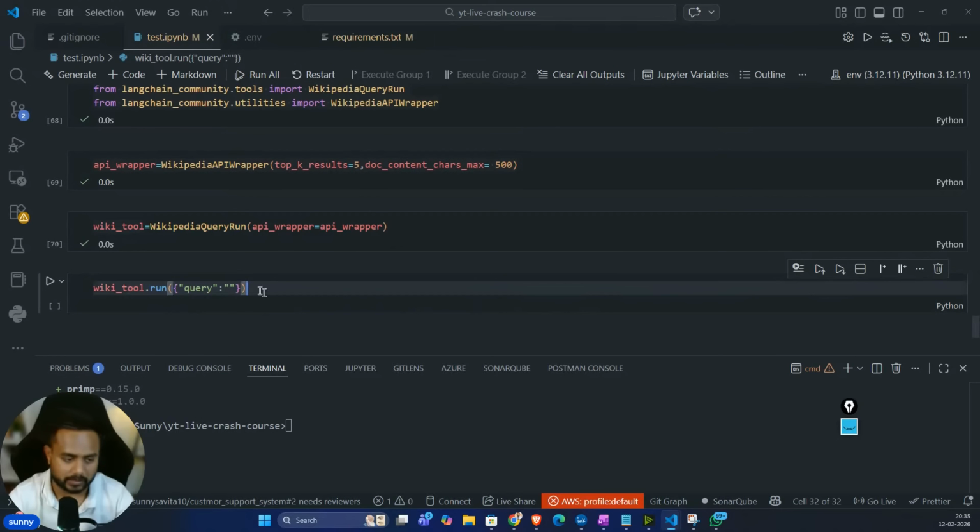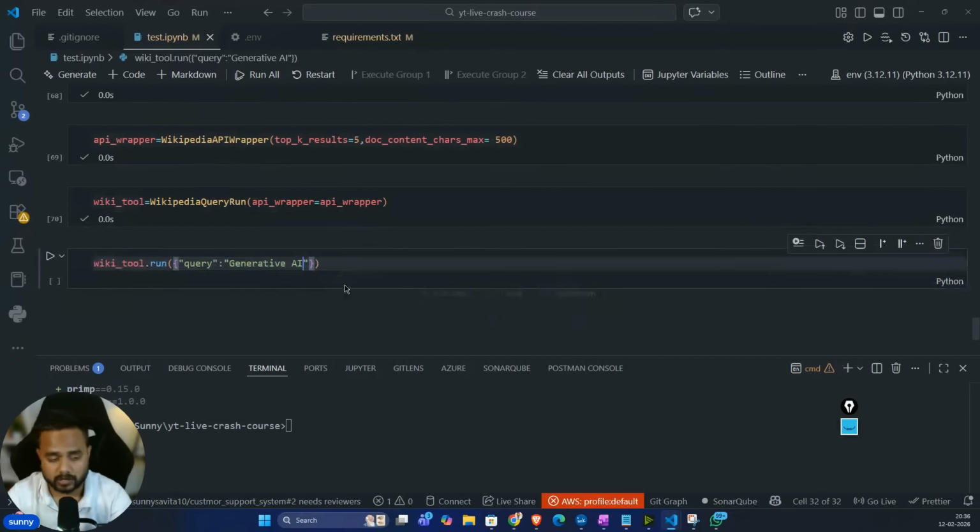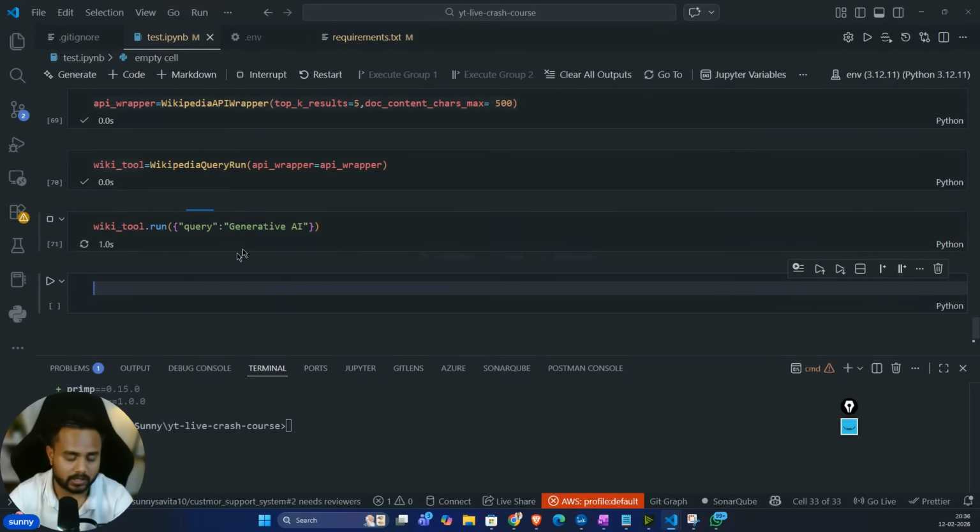Okay, guys, so this is correct. Now, what I will do, I will pass my query. I can write anything over here. Let's say I'm going to write over here, generative AI. So once I write this generative AI and execute it, see, this entire